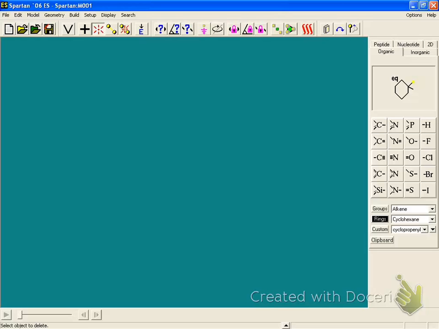Okay, so we're going to draw butane. If it's not already selected, what you need to do is go over here and select carbon, but normally carbon's already selected, so I'm clicking on carbon. And then I can go onto the screen anywhere